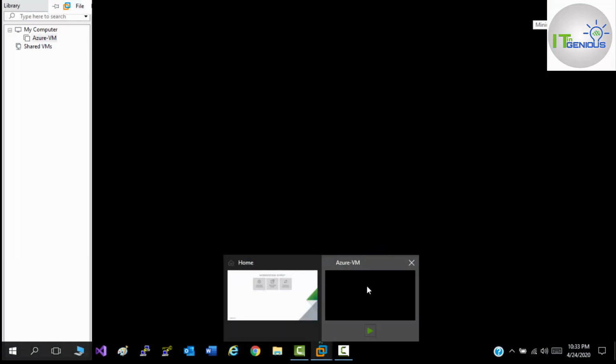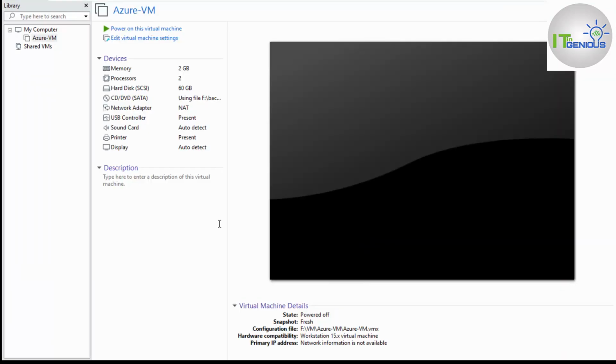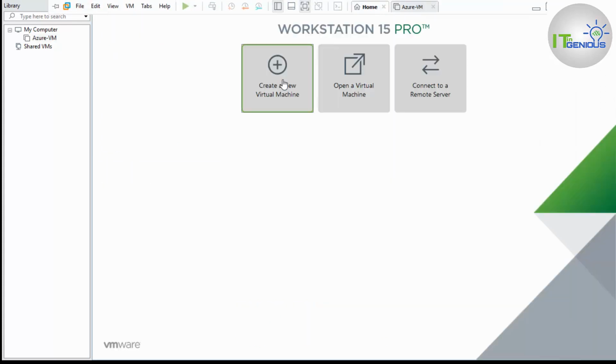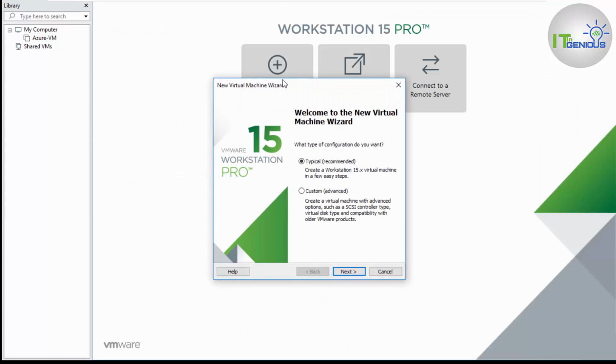First of all, I'm going to create a Linux machine for myself. If you want to install your Linux VM on your VMware Workstation, you need to open your VMware Workstation, click on New VM, and then I'm going with the Typical option.